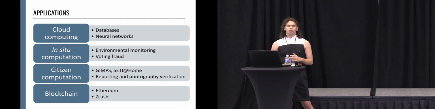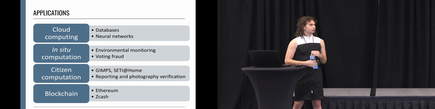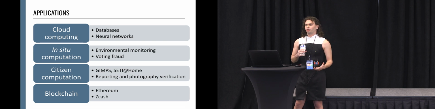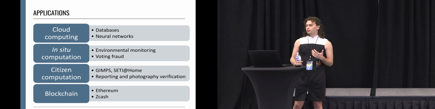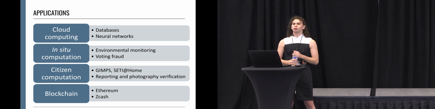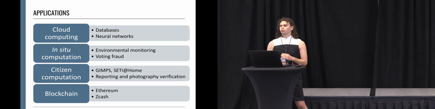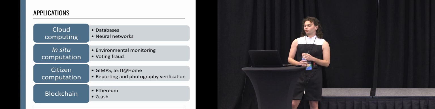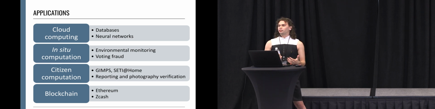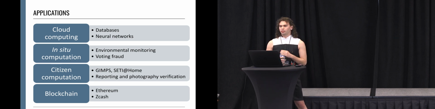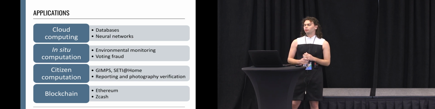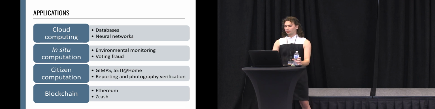You have citizen computation, which is a growing trend in academic research, at least, where people volunteer their computer free time to help researchers solve problems. So for example, GIMPS is the Great Internet Mersenne Prime Search, where you can go to a website and when your computer is idling, volunteer it to do brute force computations to try to find large primes. SETI at Home is a similar project where you're helping a collaboration of different universities identify planets that might be hospitable to human-like life from all of the satellite images we have of deep space.